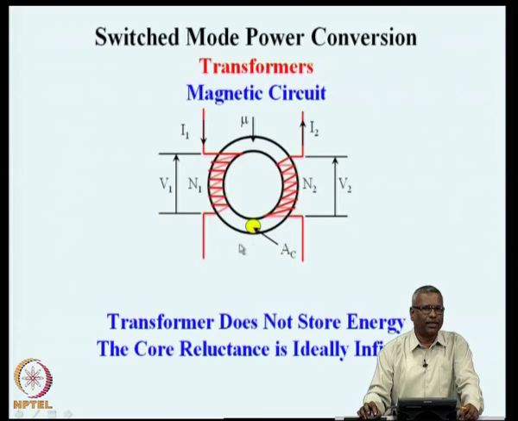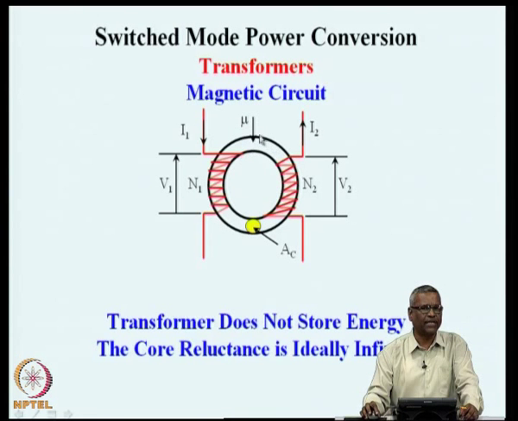Okay. Now, in this I have indicated a few more quantities which will be of interest to us. The ring has a cross sectional area of AC. This is normally referred to as the core area of the transformer. The magnetic circuit has a core which is a circular cross section, and it has an area of AC millimeter square or meter square, and this core is made up of a magnetic material whose permeability is mu. This mu is the magnetic permeability of the core.